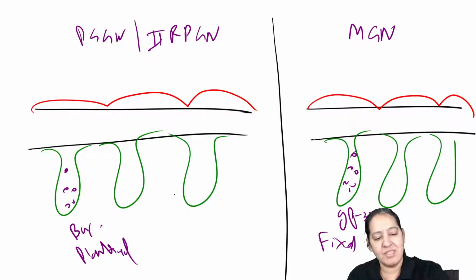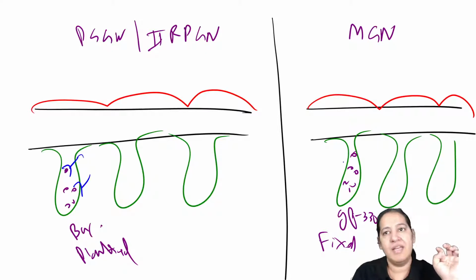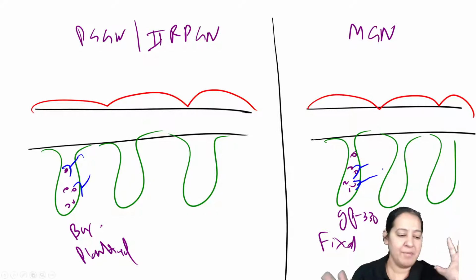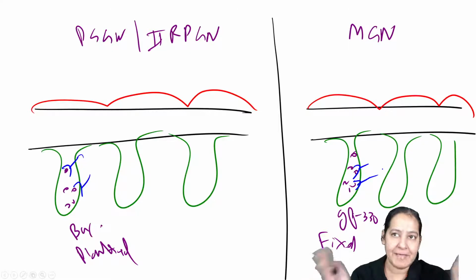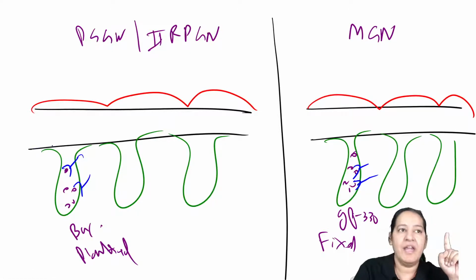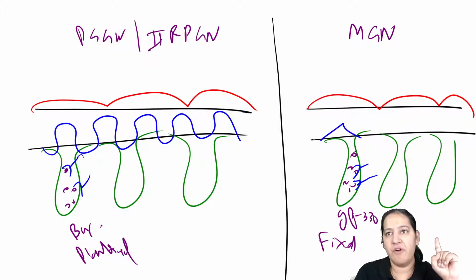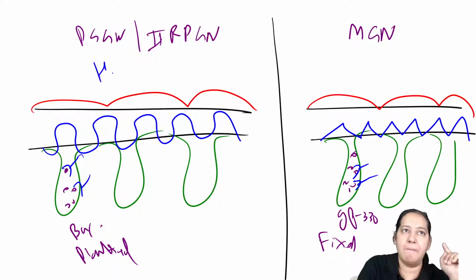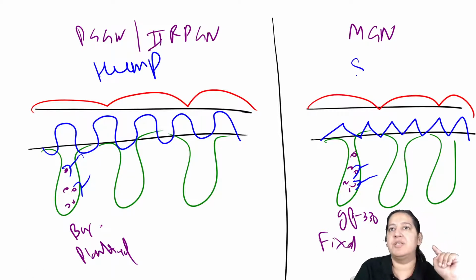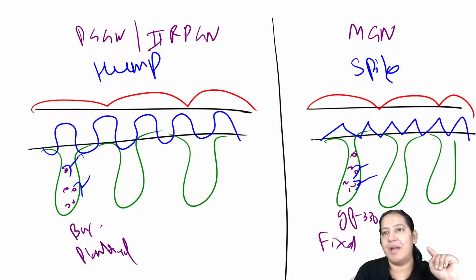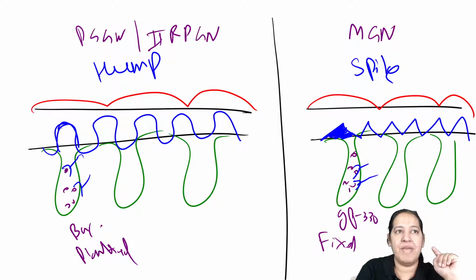So here also antigen antibody complexes are formed, and here also. So antigen antibody complexes are seen subepithelial, but the shape is different. Here the antigen antibody complexes are seen lumpy, bumpy, humpy. See the shape. Here they are formed in the form of spikes. So please appreciate the difference between humpy deposits and spikes. Let me fill one of the shapes. This is a spike and this is lumpy, bumpy, humpy.